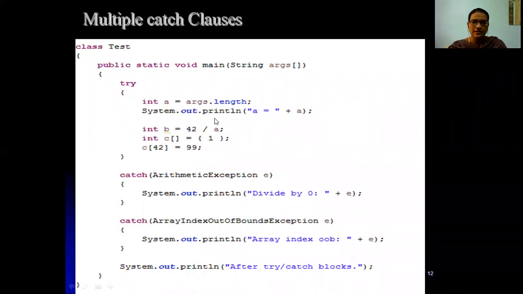So here is one try block and multiple catch blocks. If we have encountered only one exception here, at this line, b is equal to 42 by 0, divided by 0, an error or exception occurs. As soon as the exception is encountered, it will jump to the catch block and